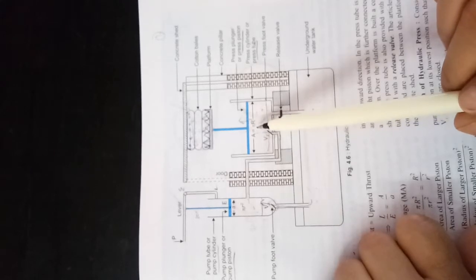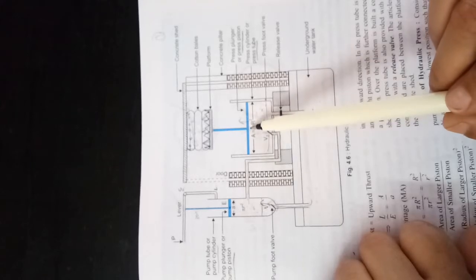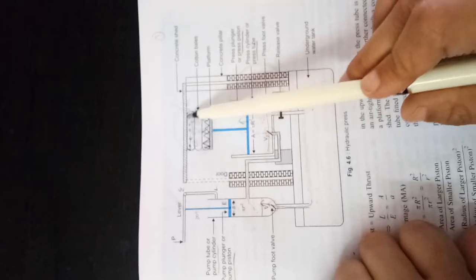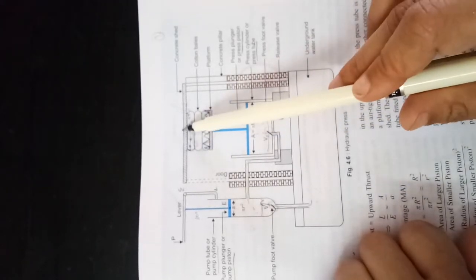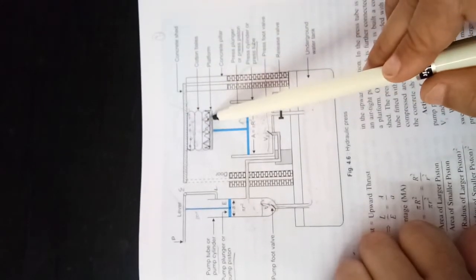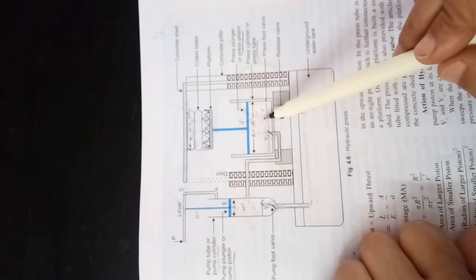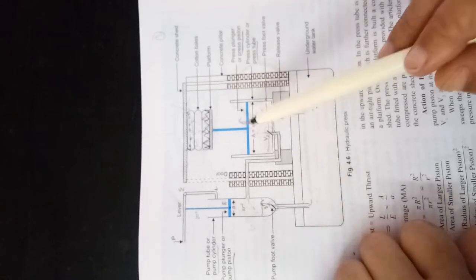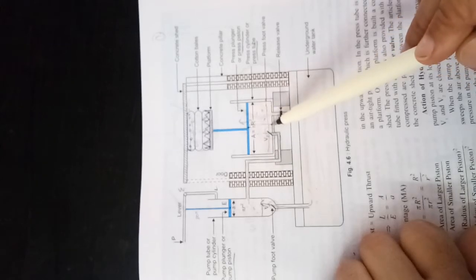Okay, and with the help of this pressure the press tube moves in the upward direction. When it moves upward, this cotton ball or any material can be pressed, and then we can make its sheets. Now we want to remove the sheets from this platform. Then how to remove it? Just release this valve. When we release the valve, the water from the press tube moves back into the water tank, and this press piston moves down.